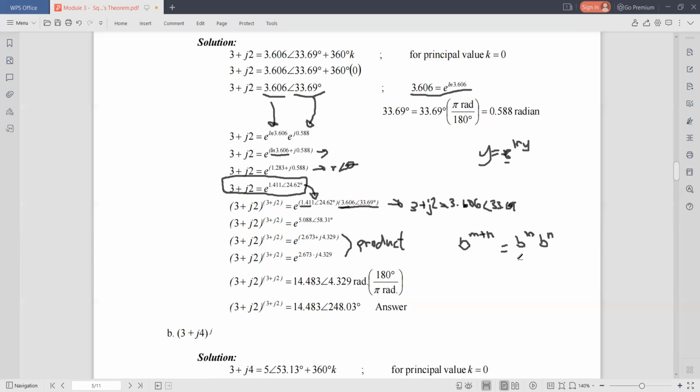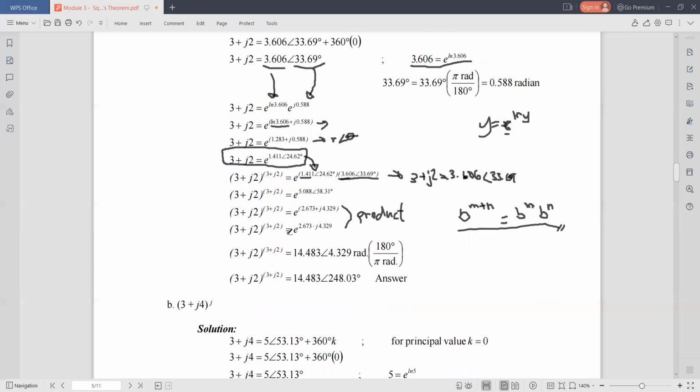Therefore, you can have e raised to 2.673 multiplied by e raised to j4.329. There should still be an e here, e raised to j4.329. But we combine the terms, that is e and e, so we combine the e here. A shortcut. This is one of your product properties of exponents. Then you will have your final